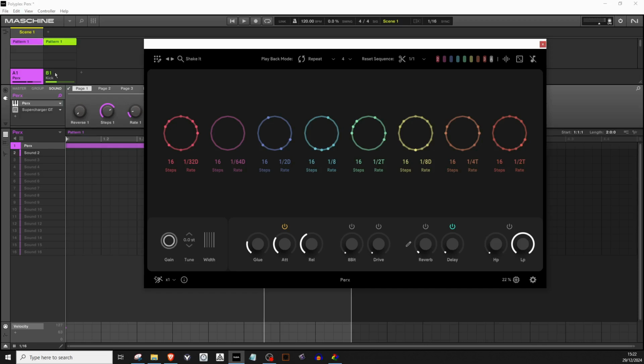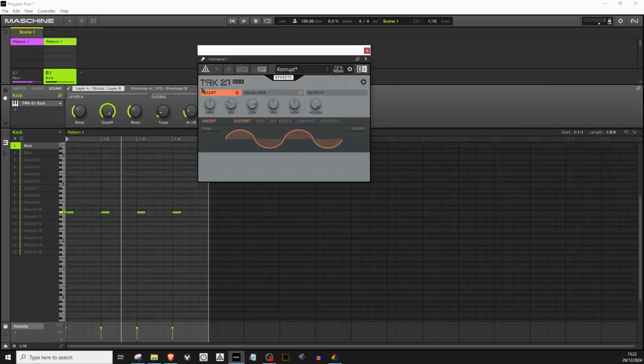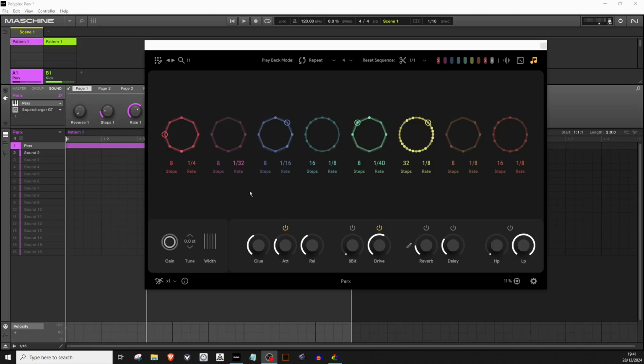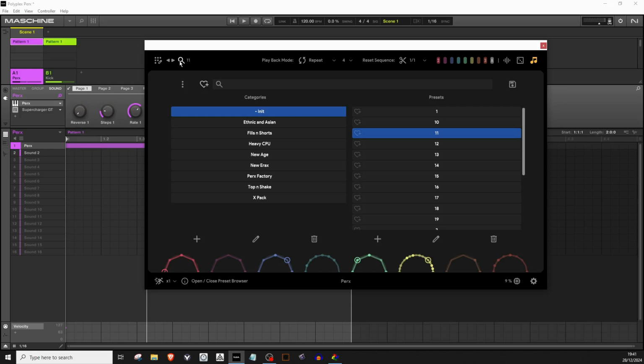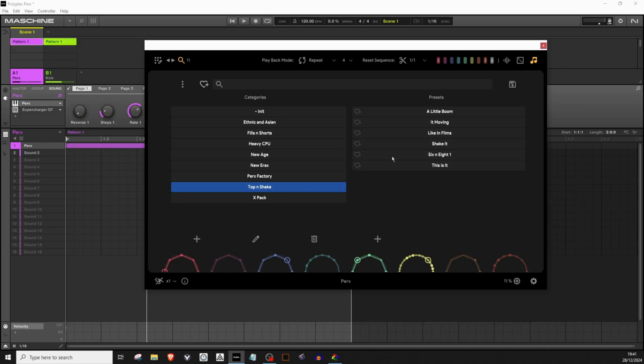Before we dive into some of the presets, just want to introduce an old friend of mine, TRK-01. Very simple kick drum VST from Native Instruments, and I've loaded it up with a nice simple kick, a 909. Let's dive in, play with some of the presets just to give you an idea of what it does, and we'll do a bit of tweaking just to show how easy it is to crank out some really great unique rhythms here. So let's pick top and shake, and let's go with